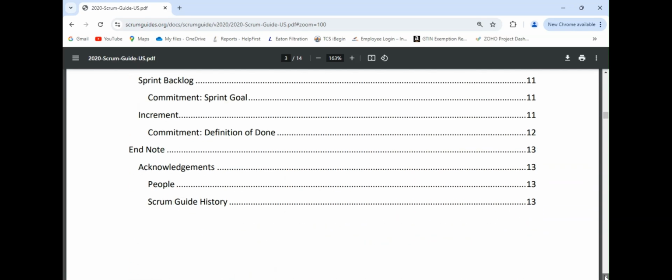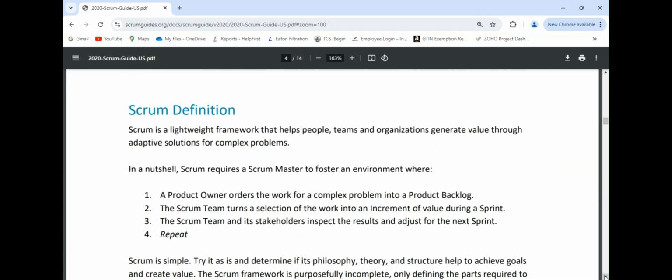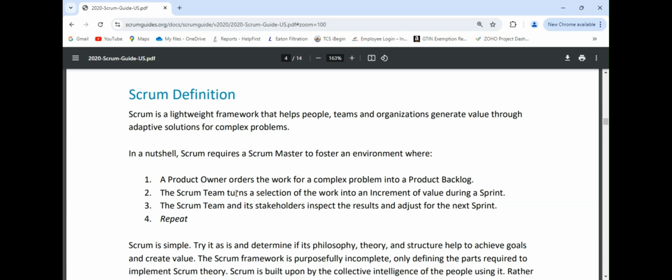Let's see the definition of Scrum. Scrum definition. Scrum is a lightweight framework that helps people, teams, and organizations generate value through adaptive solutions for complex problems. In a nutshell, Scrum requires a Scrum Master to foster an environment where: